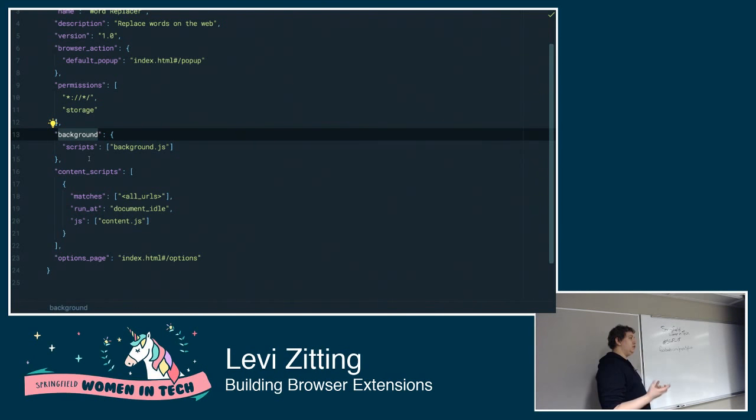Usually you would want to set it as non-persistent in order to save your end users a little bit of resources, because running a script in the background all the time takes a little bit of memory. And this is probably why a lot of people complain about Chrome or other browsers taking up so much memory, is because a lot of extensions can be just constantly running scripts in the background that use some stuff up. So if you want to be nice to your users, try as hard as you can to make your background